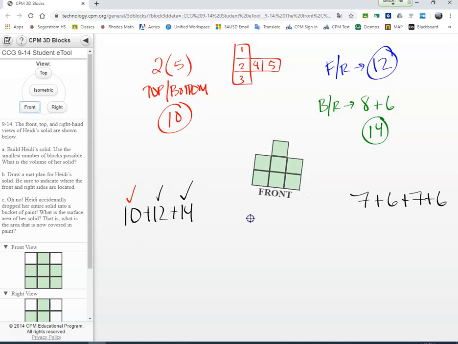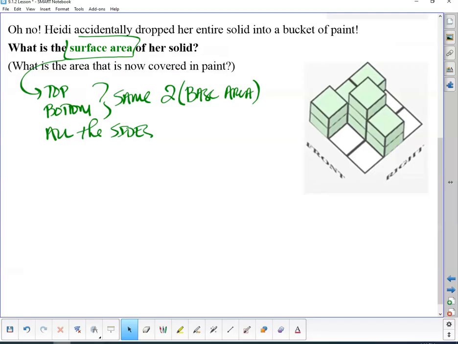And we've already done the front, which is 7. So we got 7 from this side, 7 from this side, 6, and 6, which is 12. So 10 plus 12 plus 14. Cool? Okay, so we go back to this, and we